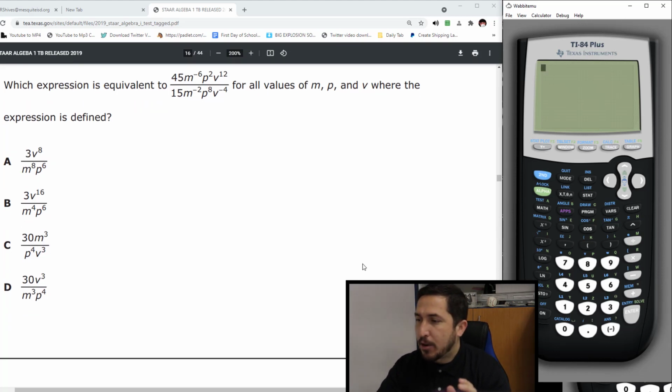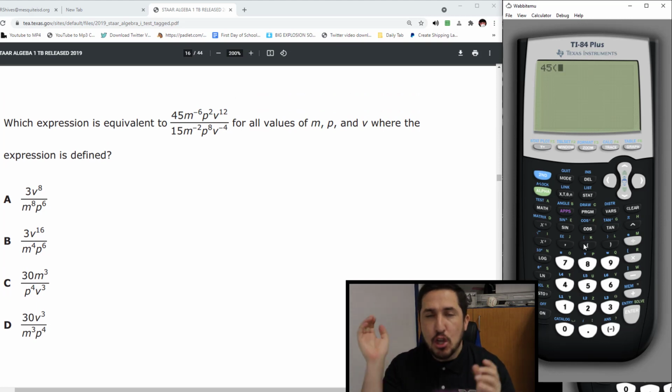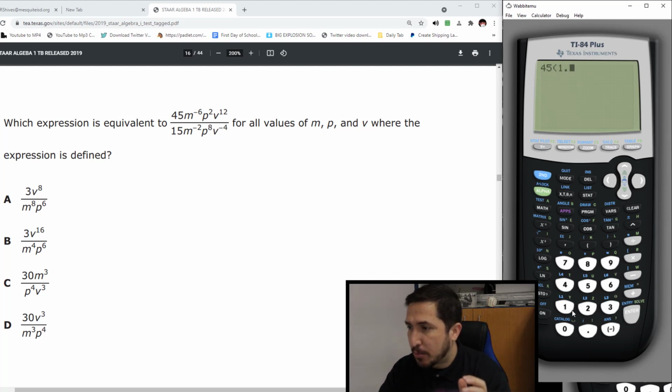So ready, here I go. I'm going to go 45. You've got to type it in just like this. 45. Now, whenever you type in the M, you can't type in M. Don't just throw an X in there. You're going to mess the stuff up. So you go 45. Whenever you see the letter, you wrap that letter in parentheses. And it's the first letter, so I'm calling him 1.1. Then I just throw the power on him.